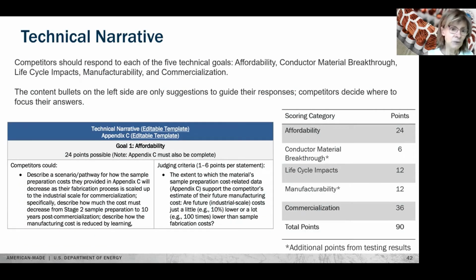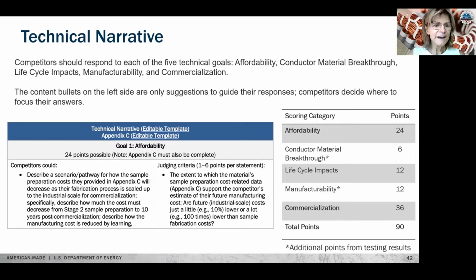Okay, technical narrative. Unlike stage 1, where the technical narrative accounted for nearly all of the points, here it is somewhat less than half, but it's still super important, especially as you can see here on the right for affordability and commercialization. And of course, it's a good test of whether you can follow directions and have read the rules,